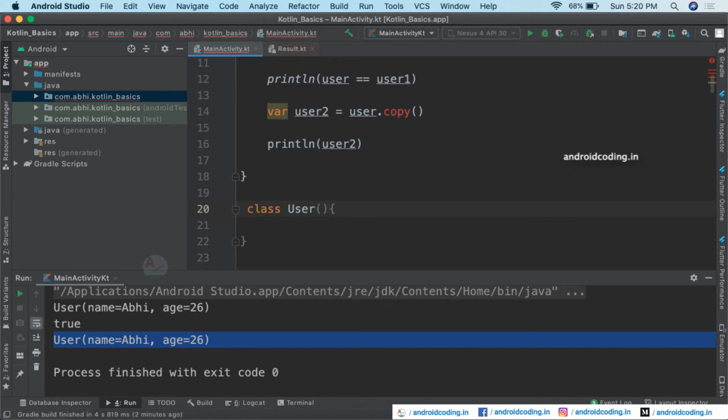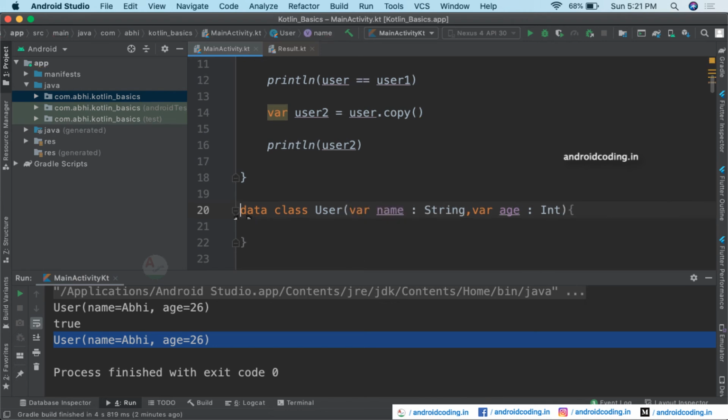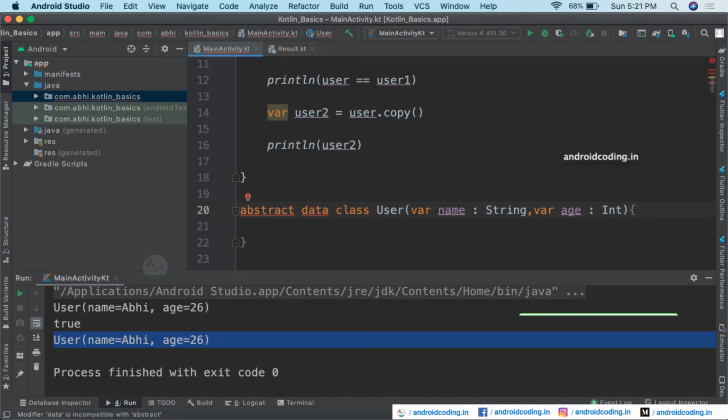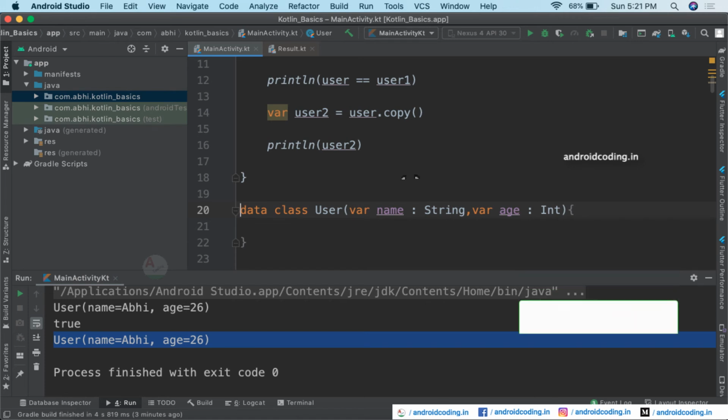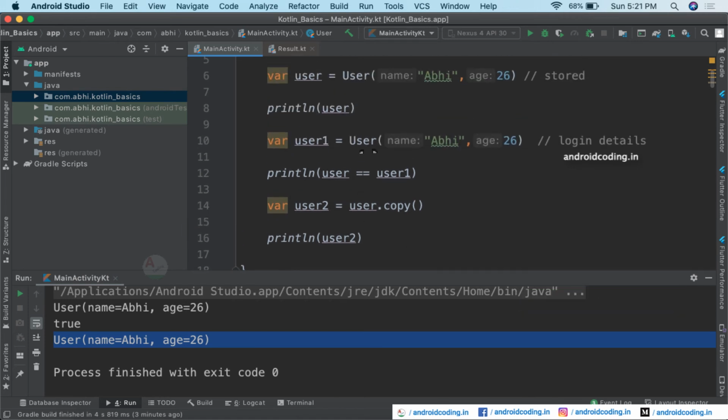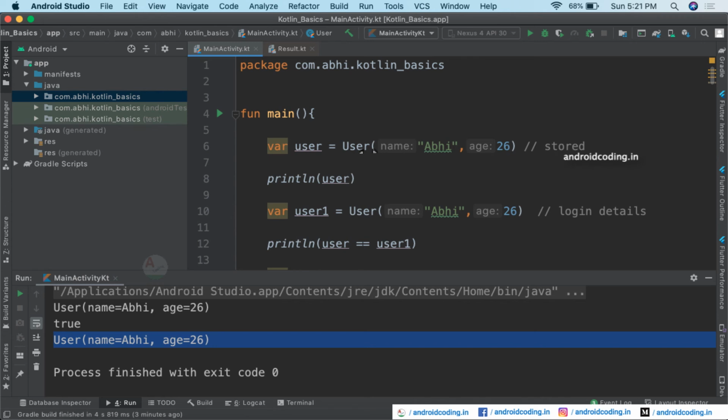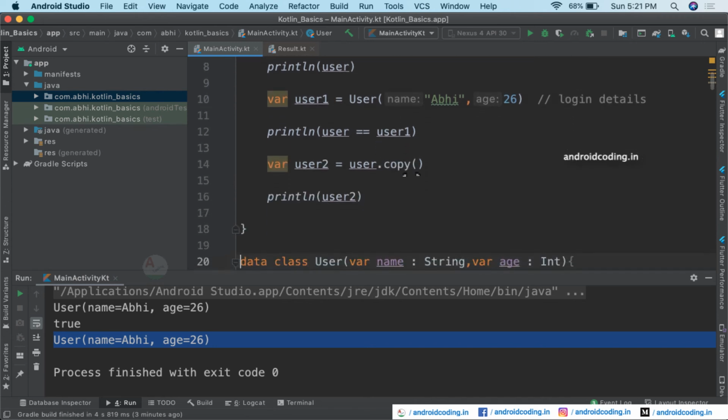For a data class there must be at least one parameter, and the parameter must be of type var or val. So you cannot declare a normal parameter here, and also you cannot have a data class be abstract or open. We use open for inheritance and we use abstract to make our class abstract. So this is a general overview of a data class in Kotlin.